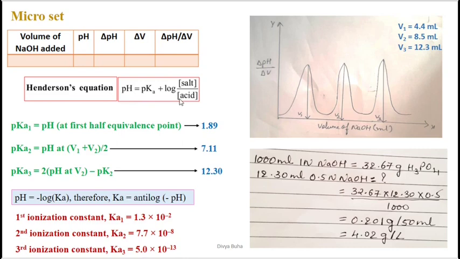So when this term would be 0, that you need to think now. This would be 0 when the concentration of salt and the concentration of the acid would be the same. Because if the concentration of salt and acid is the same, then it would be log 1, because both concentrations would cancel, and log 1 is 0. So in that case, pH would be equal to pKa. So now let us see when the concentration of the salt would be equal to the acid.